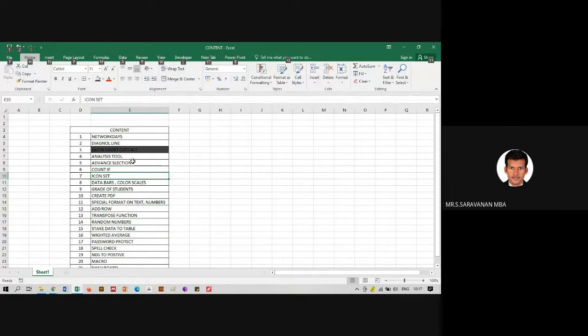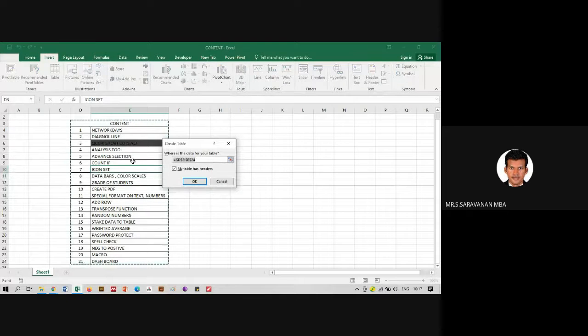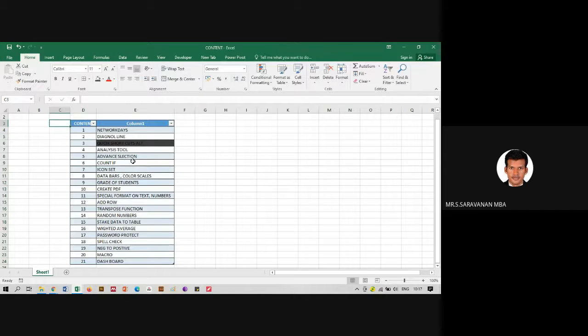Let's say we want to insert another table. N. Okay, you want another table. Click T. Automatically, without clicking on the mouse itself, it has converted this into a table format. So this is one useful shortcut you can use. Okay, and the arrow key plays a very important role.